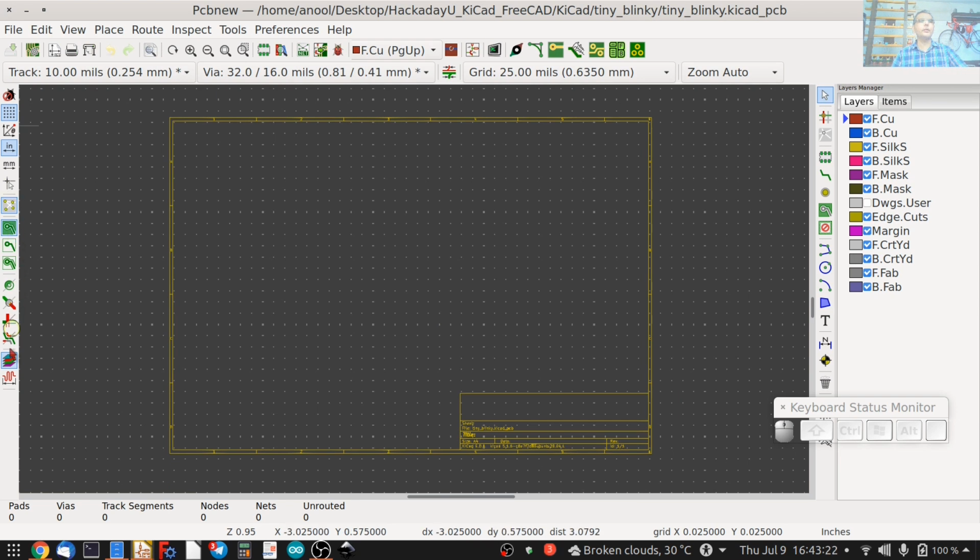So on the left are some generic toolbar icons. On the top are the ones that are system specific, things like zoom and copy and a couple of libraries and so on. And then finally, a few specific icons related to KiCad. I will get to these when we have to use them.